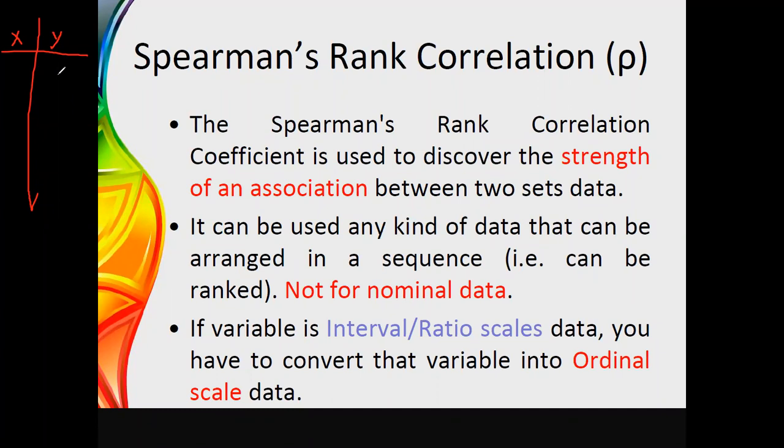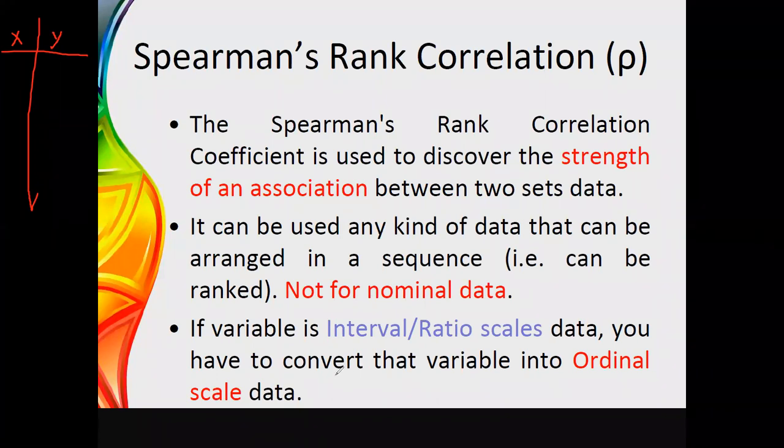Therefore, if you can see the data in an ordered manner, it is under the ordinal scale, then you can apply this Spearman's rank correlation technique to identify the relationship or the association between the variables. And if you need, you can apply it for interval or ratio scales, but in general we are not going to do so. It is because we have the Pearson correlation coefficient to identify the relationship among the variables if it is in the interval scale or the ratio scale. But anyhow, if you need to apply it, then you have to order these values, or simply we can convert it into ordinal scale data.